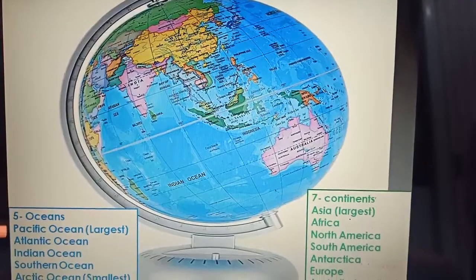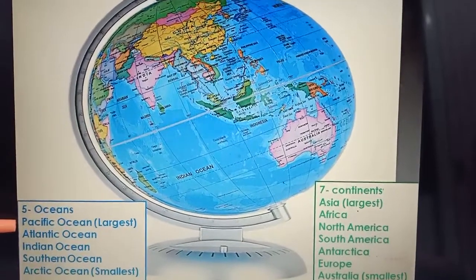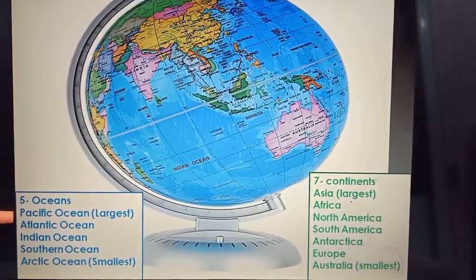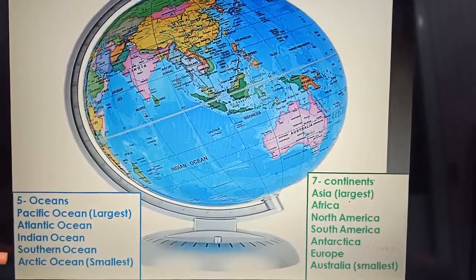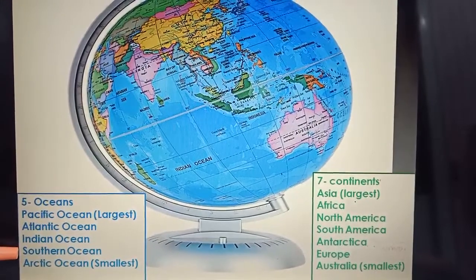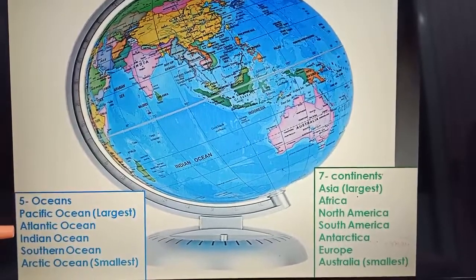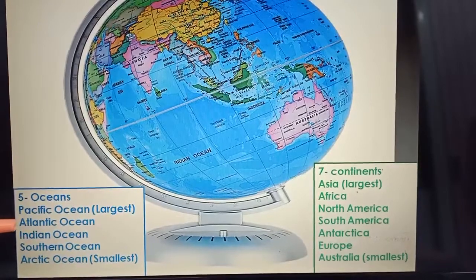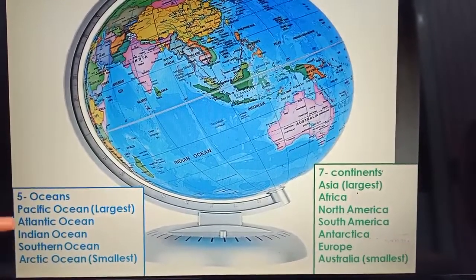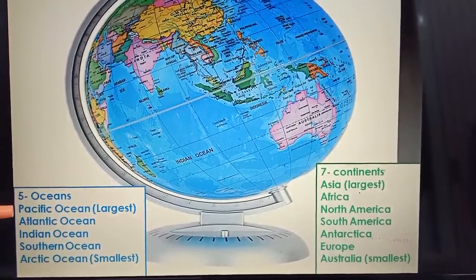Now we will arrange the oceans from smaller to larger. Arctic Ocean, Southern Ocean, Indian Ocean, Atlantic Ocean, Pacific Ocean. So the Arctic Ocean is the smallest ocean and the Pacific Ocean is the largest ocean.